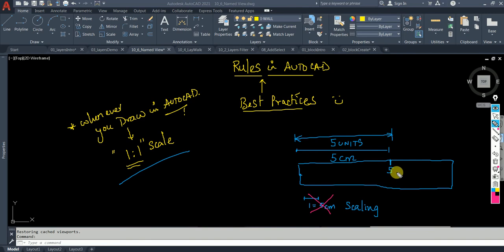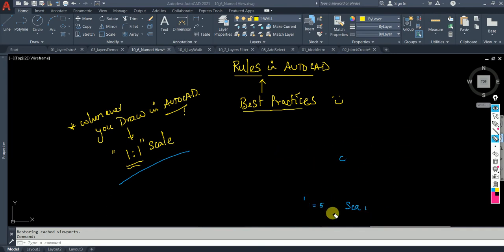Yes, even I have seen many drawings where they are giving 1 is equal to 1. Let me explain it to you, and you will understand what I mean. I have a lot of space to draw, but keep this in mind: whenever you draw in AutoCAD, always draw, I'm saying the word draw,